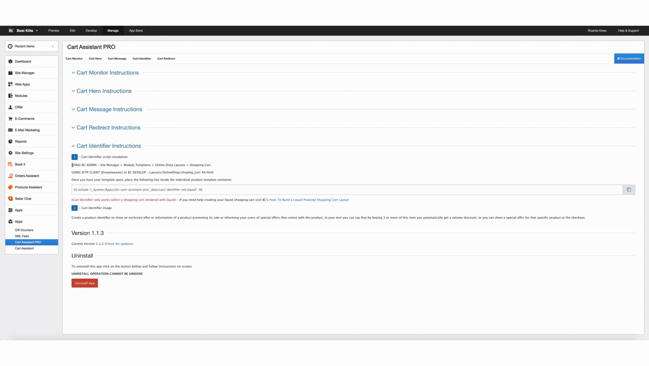And we have two methods here that you can get it started. One is using the admin code editor, and you can go to Site Manager, Module Templates, Online Shop Layouts, and your shopping cart. Alternatively, you can use the SFTP client, in such case as Dreamweaver, and you go into Layouts, Online Shop, Shopping Cart, and your Country Cart. Okay. So once you have the template open and everything is ready to edit, you just go and copy this